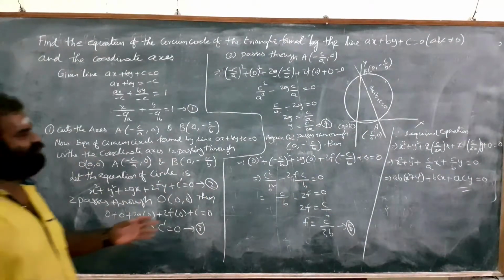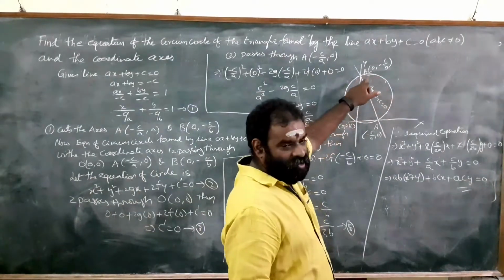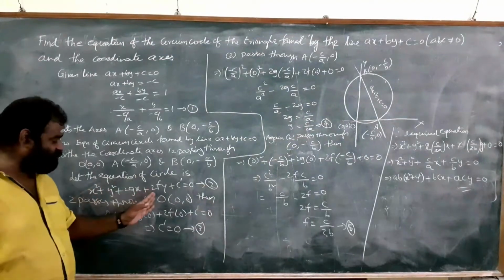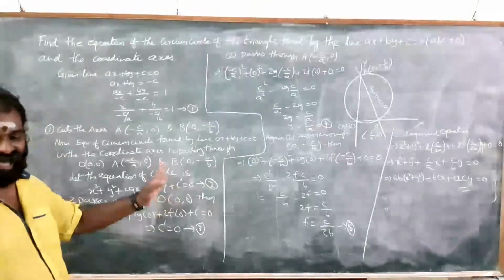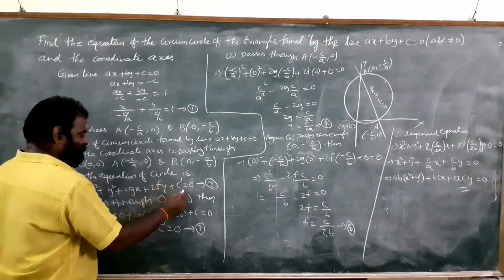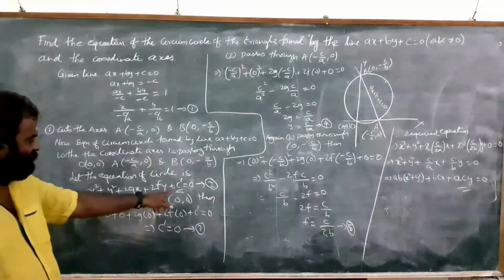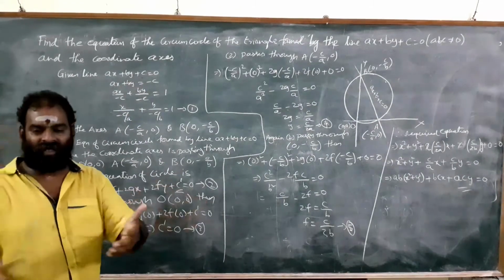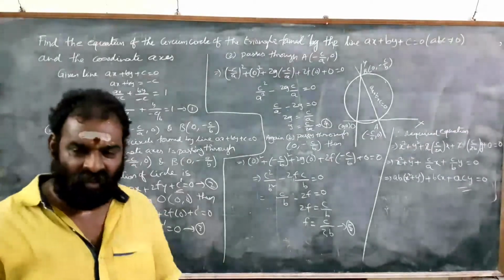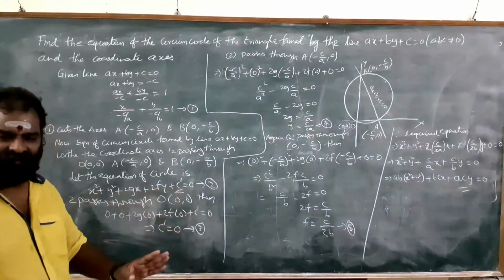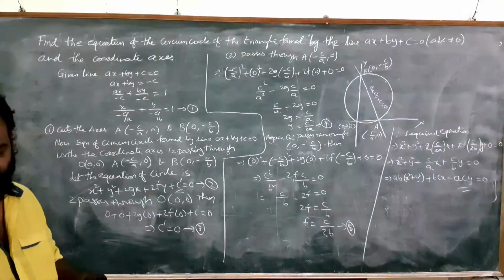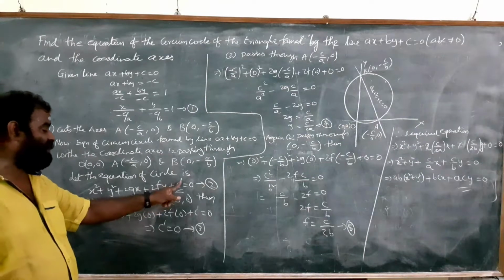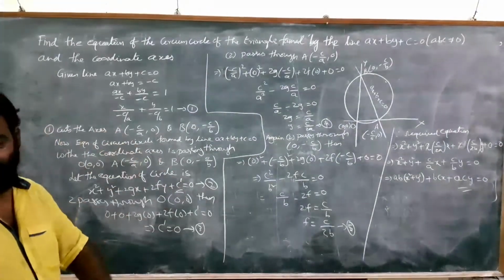Now we have to find the equation of this circle. We don't know this equation, so take it as x square plus y square plus 2gx plus 2fy plus c dash. Why do I take c dash here? You have to observe, because already in the given line there is a c. If we use the same c here, we have confusion. So to avoid that confusion, we use c dash, any constant, whether it is c dash or k or p, anything you like. So x square plus y square plus 2gx plus 2fy plus c dash equal to 0 is our required equation.